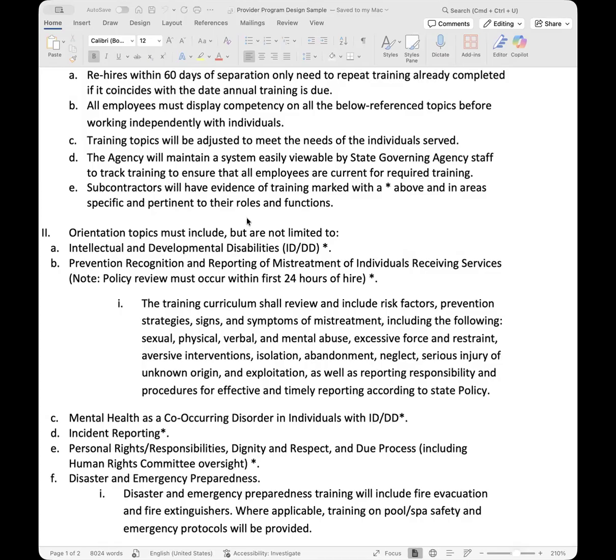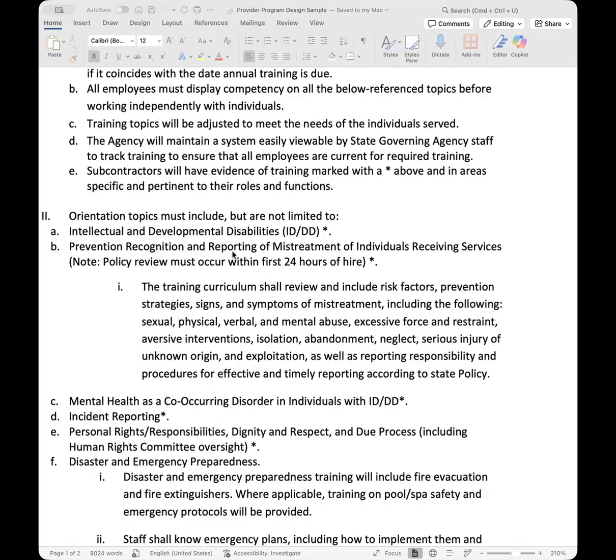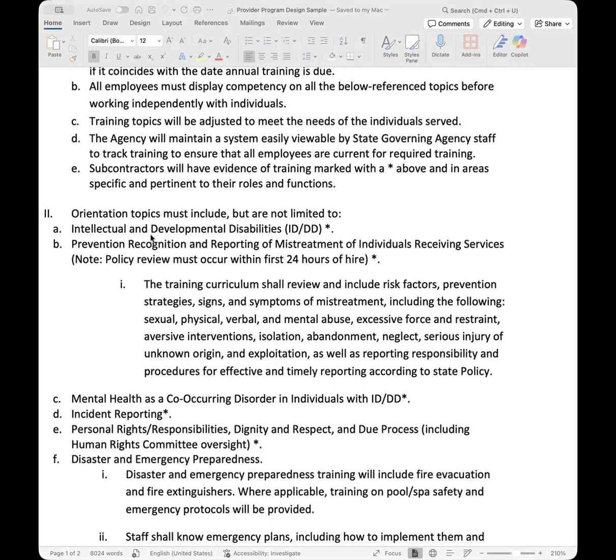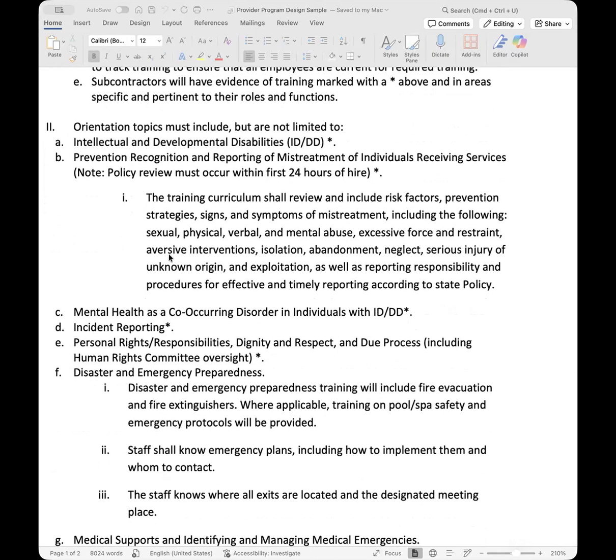It's super helpful when they're developing plans or training your staff, because they can do it in a way that's in alignment with your agency. But again, some states don't require subcontractors or volunteers to do every training. It will be super helpful and make them knowledgeable of your agency standards. Okay, so let's go into orientation. Any new hire training will include, and these are the basic trainings that your new hires, subcontractors and volunteers should have, intellectual and developmental disability training.